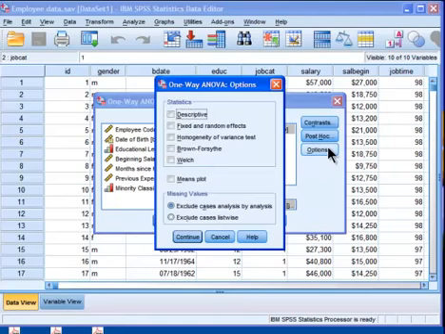Then you go into Options, and I choose Descriptive and Homogeneity of Variance Test. I also choose Brown-Forsythe and Welch tests, and I'll talk about that briefly in a minute. I also plot the means. What I don't choose is fixed and random effects, which is a totally different issue and very rarely applicable to an actual data case. I'll just very briefly say that ANOVA assumes that your effects are just fixed effects in